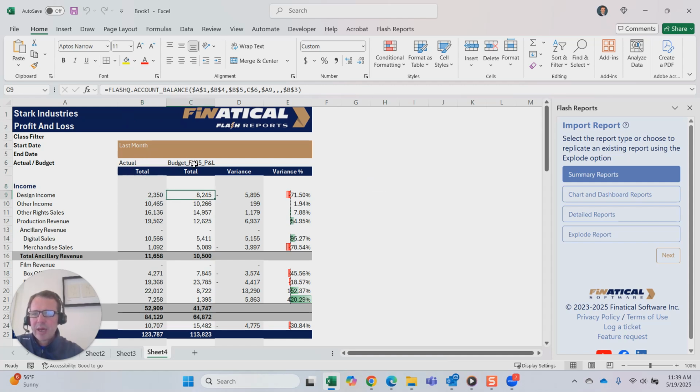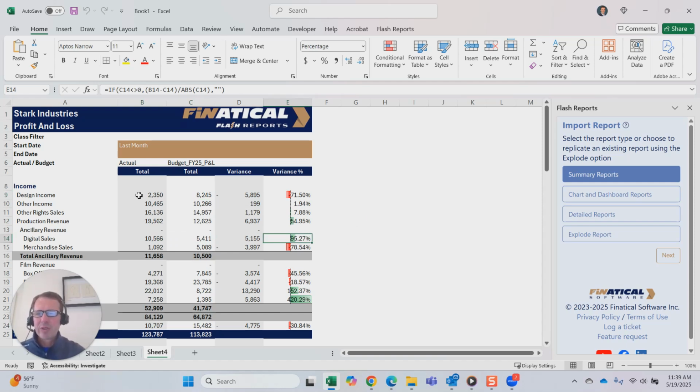So here column C is my budget data. Here we've done a variance calculation, and what we've defaulted for you here is just a variance calculation. If it's a 0, we're just eliminating that, but we've also included some conditional formatting where, if it's a negative variance, right? So here my actuals are lower than my budget, and so it colors it red. And if I'm over budget, right there, I'm over budget, I'm 95%, it gives us a nice green